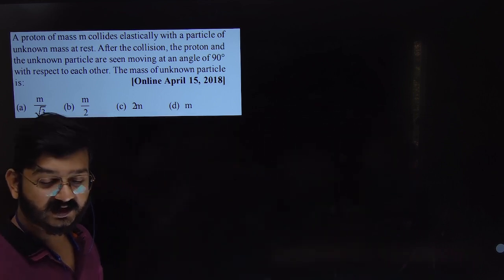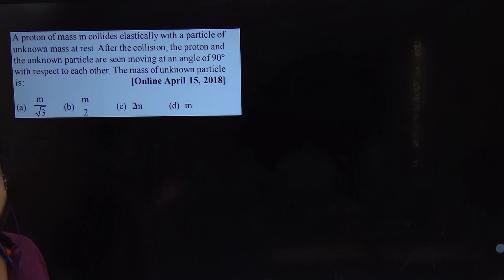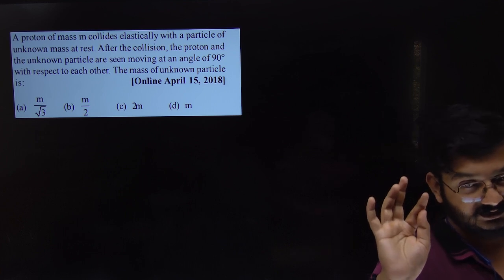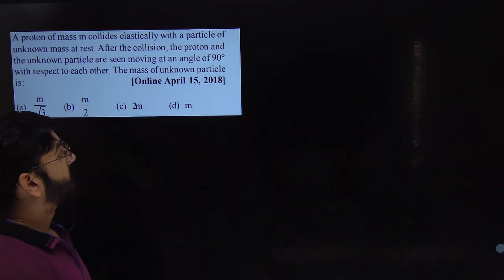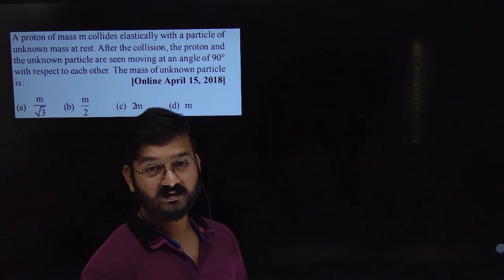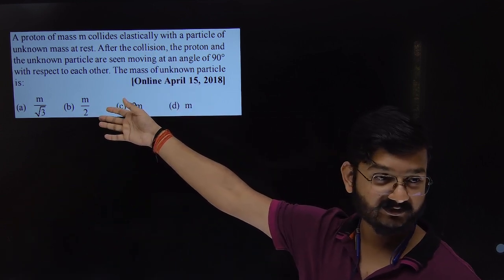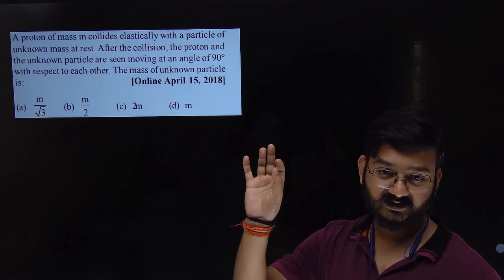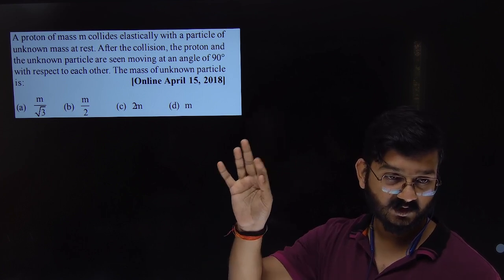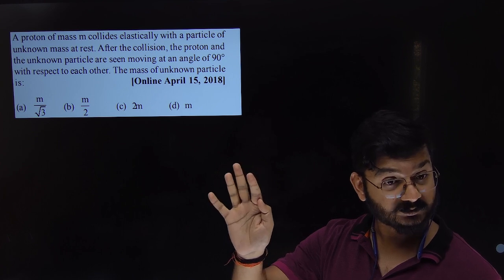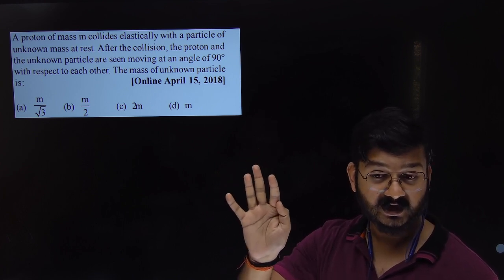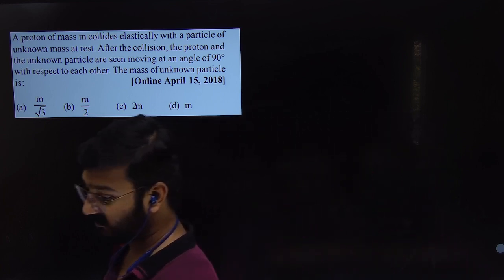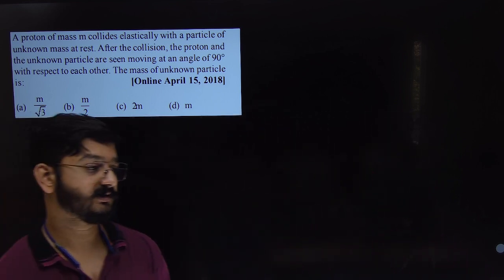That is the reason I told you can refer to your NCERT after the class if you're too interested. Conservation of linear momentum and conservation of kinetic energy. If you want to note down, you can note down this statement. The statement is self-explanatory. So the answer is option D. Two objects of same mass, elastic collision, one object at rest, then the angle between them after the collision will be 90 degrees. Make a note of the statement, and after this we'll start center of mass.